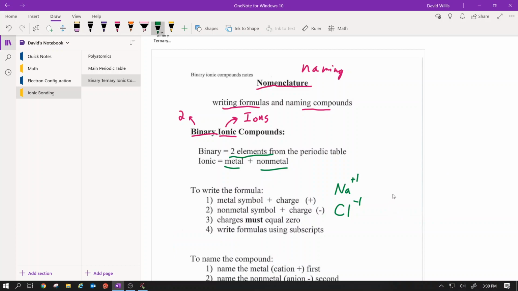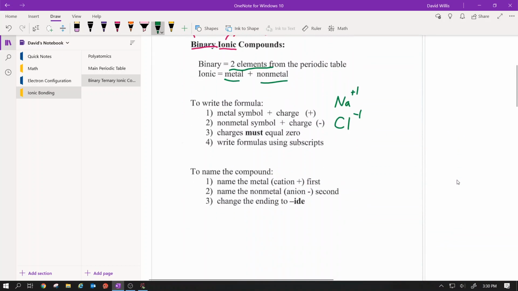So what about naming the compound? This goes back to what we said a second ago, that the charges must zero out. They must zero out total, and that's what this is telling us. And then we write our formula using the subscripts, NaCl, or